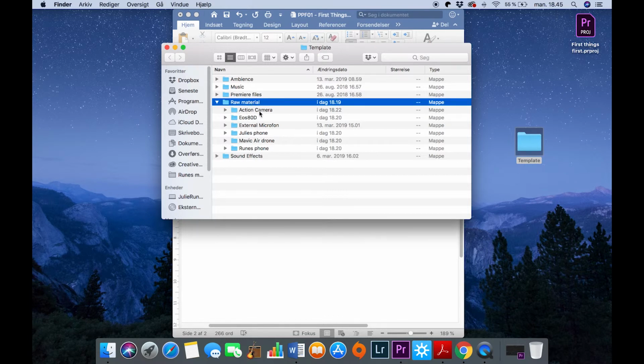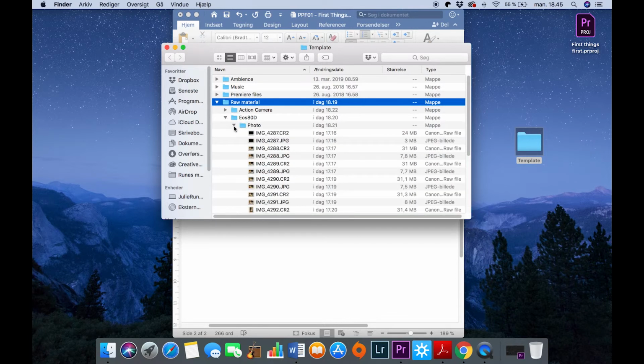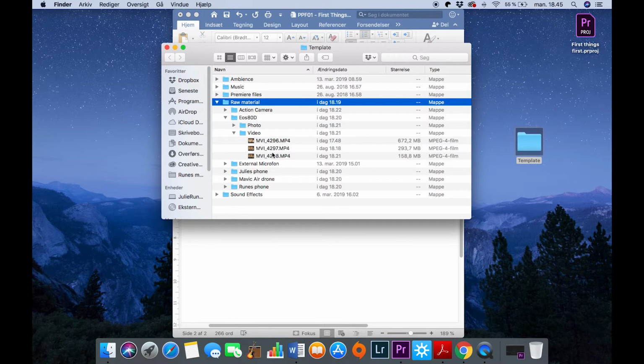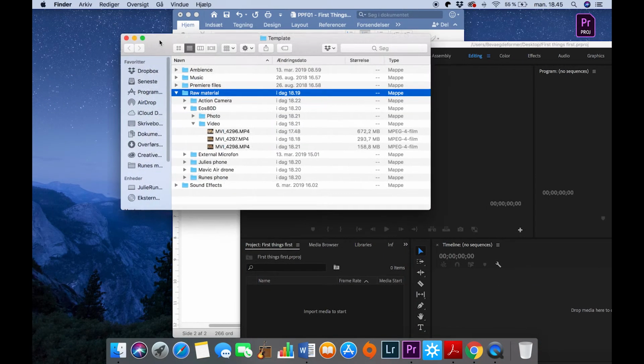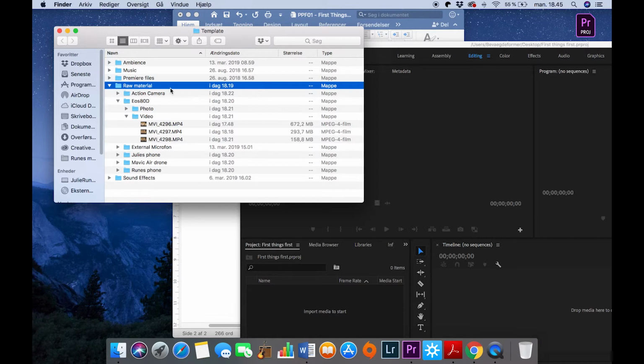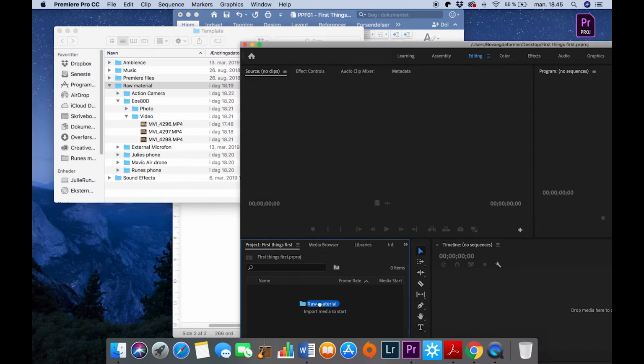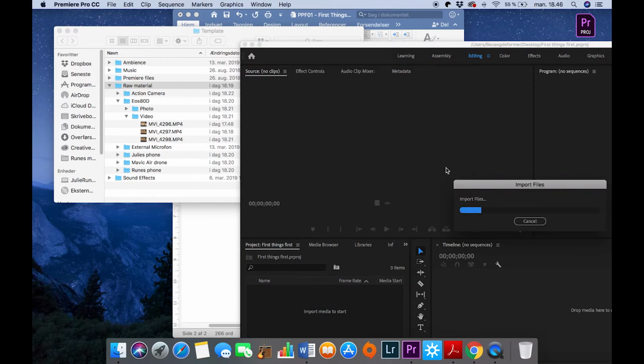Being that when I videotape with my different devices, I want this folder structure to also be the same folder structure inside Premiere. Now I've videotaped some stuff using my 80D, so I can see that I've placed a couple of video files in here. If I go into Premiere Pro, when I want to import my media, I just select the folder that's on top, and I simply just click and drag it into my project folder.